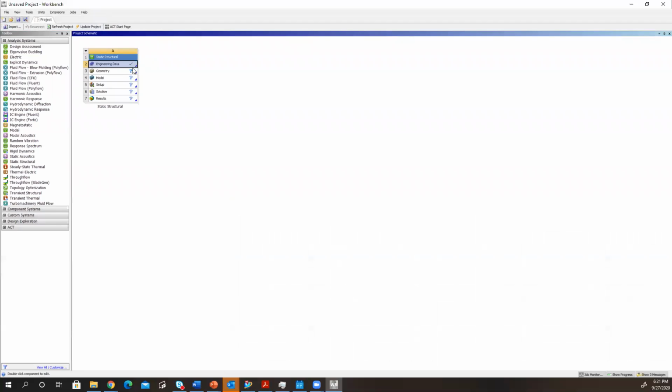And just a rule of thumb, whenever you see a check mark next to one of these tabs, that means this particular step checks out. There's no particular errors. The next thing we're going to do is import our geometry on step 3. Basically the I-beam that we cadded up. So you just right click,